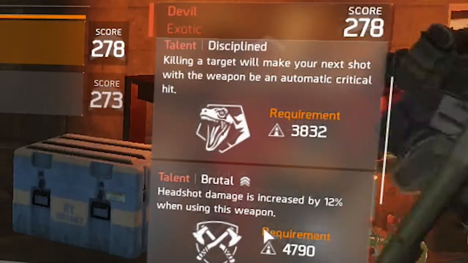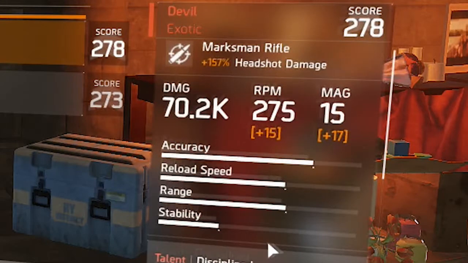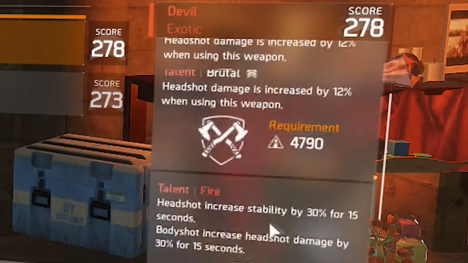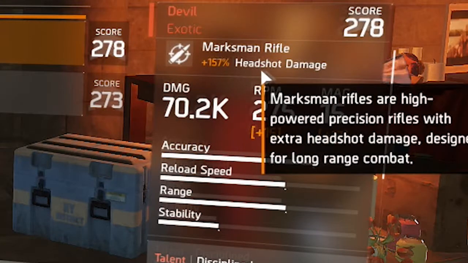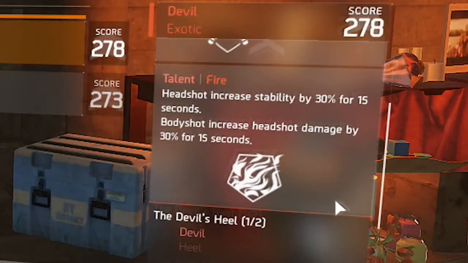And headshots increase from brutal is actually really good because it's guaranteed. I shoot him in the head, I'm getting that 12%, and that's nice. Then you're also getting 157% headshot damage on top of that with marksman rifles, so that's just insane. Then I got this headshots increase its ability by 30%, and body shots increase headshot damage by 30%